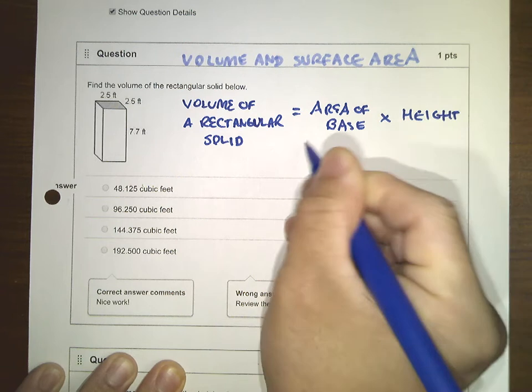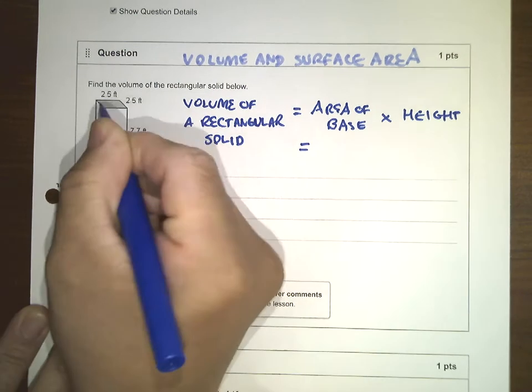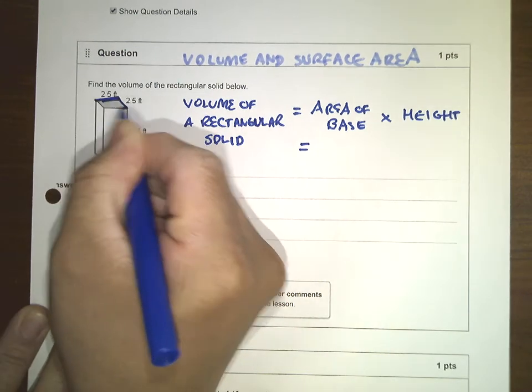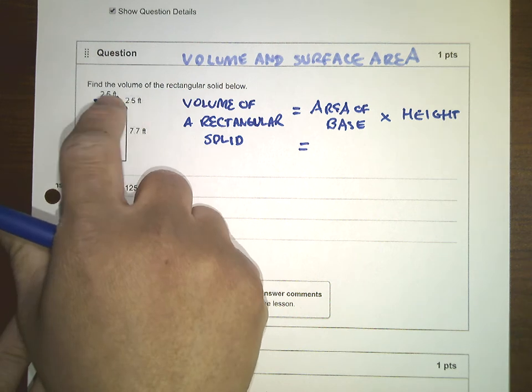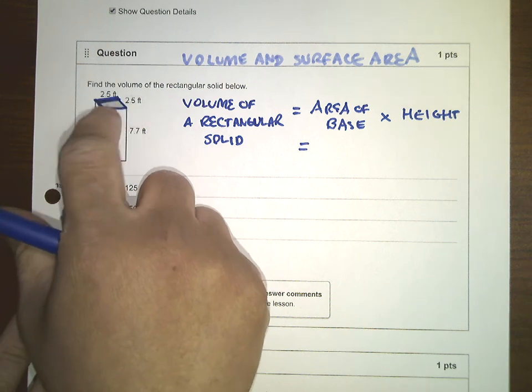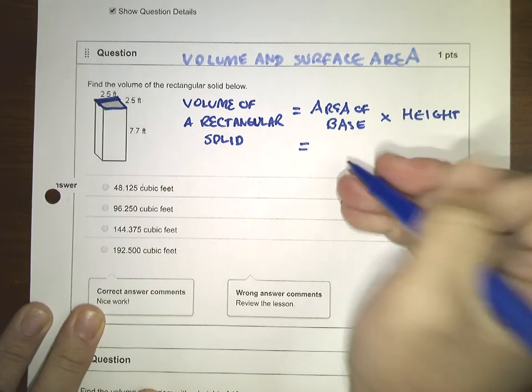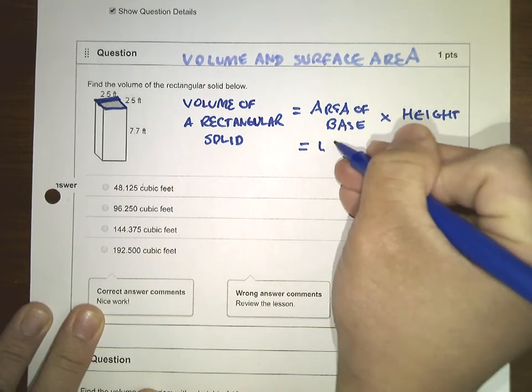Because the base right here is a rectangle, or more specifically a square, because both of these two numbers are the same, so all four sides are the same length, then it is just length